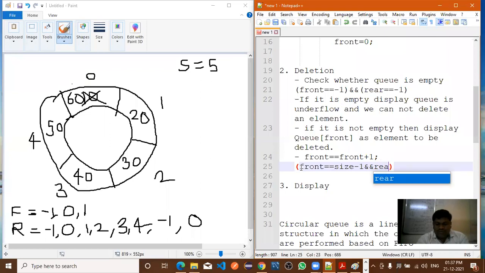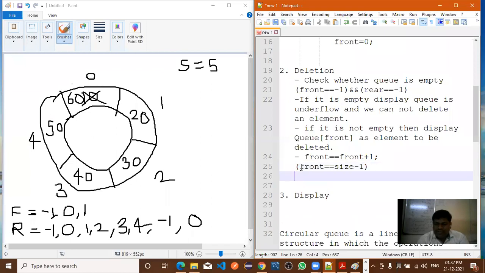Rear equal to what? Do we need to check rear? No, sir. If front is directly equal to size - 1, then what will you do here? So what are you doing? Front equal to what? Front equal to -1. Now where do you need to check this condition?